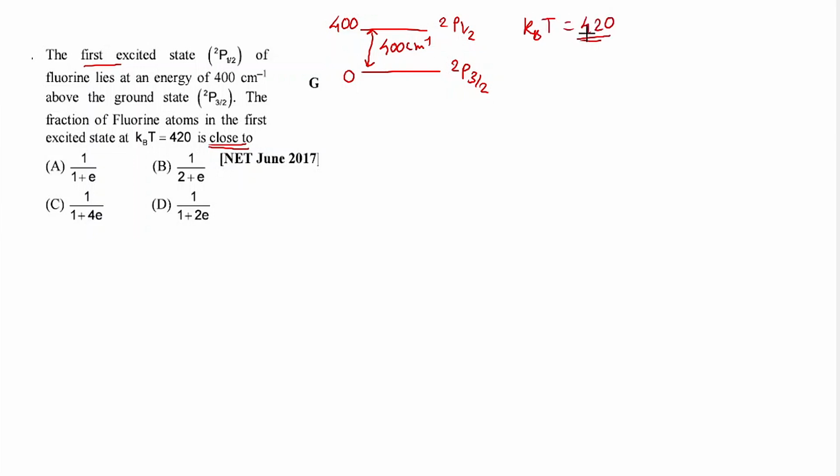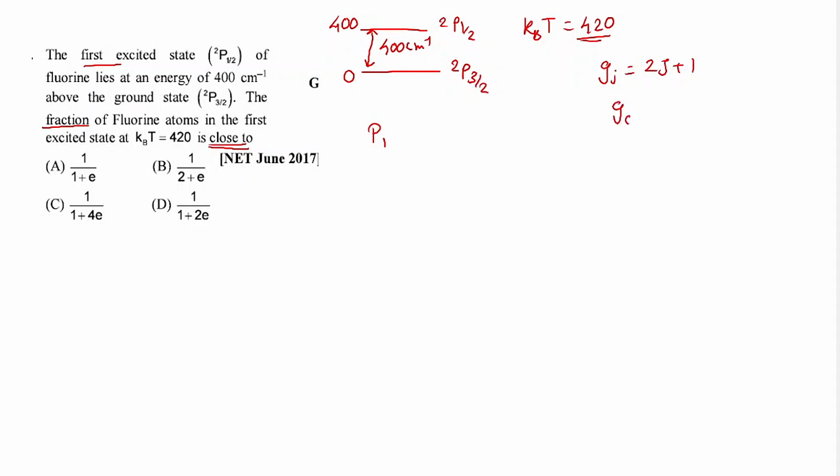Okay, so now whenever this type of problem is given, we have the term symbols. First, from the term symbol we have to find the degeneracy, and then we have to find the fraction. For the fraction, we are generally calculating the probability, that is P1 or fraction. So first we will find the degeneracies from the term symbol. For term degeneracy, when J is given, we write it as 2J plus 1. Here J for the first excited state is 1/2, and for the ground state J is 3/2.